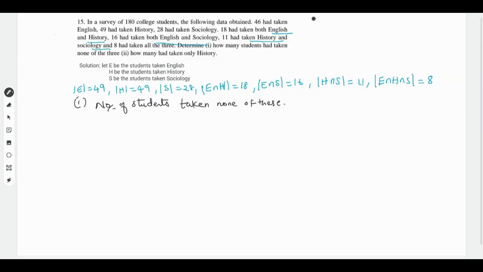For this, first we'll find E union H union S. The formula will be E plus H plus S minus E intersection H minus H intersection S minus S intersection E plus E intersection H intersection S. This is the formula for the inclusion and exclusion principle. So here the values are 46,